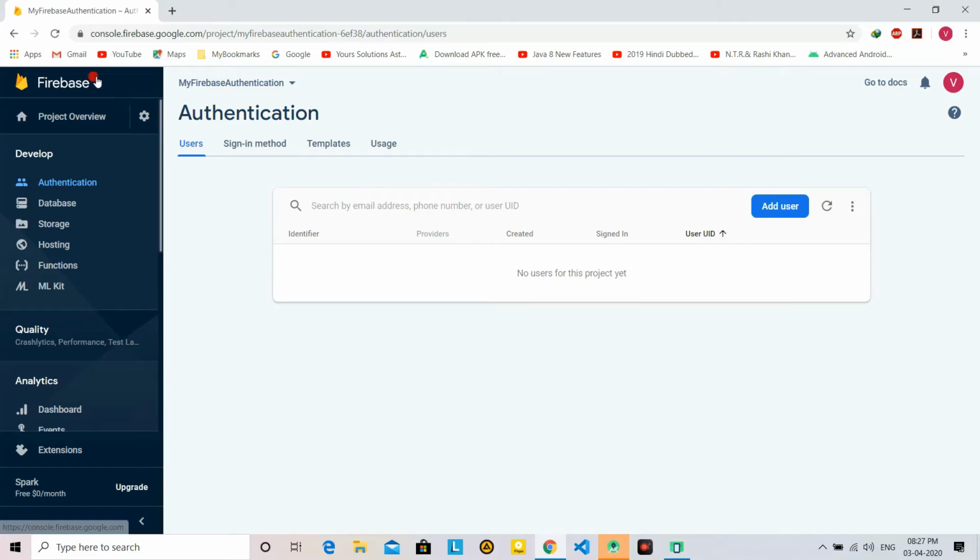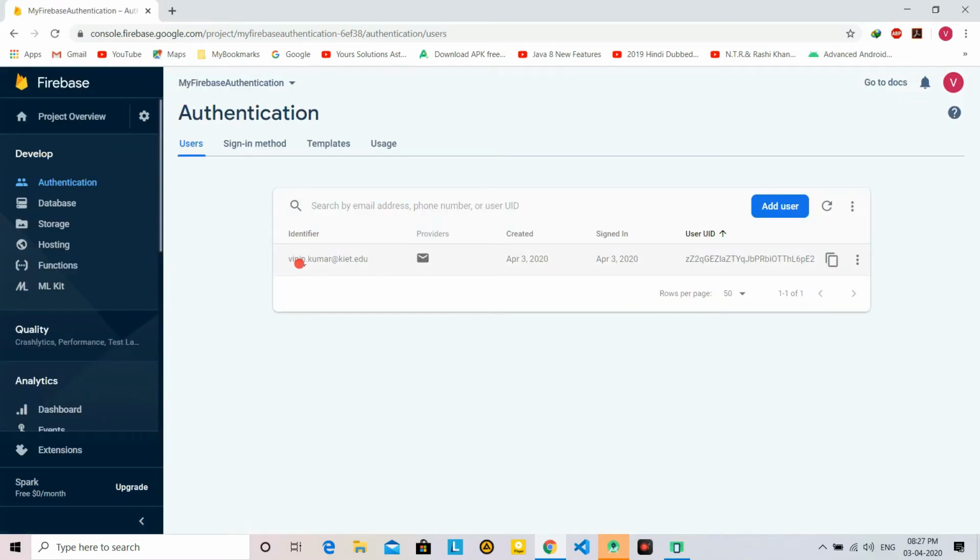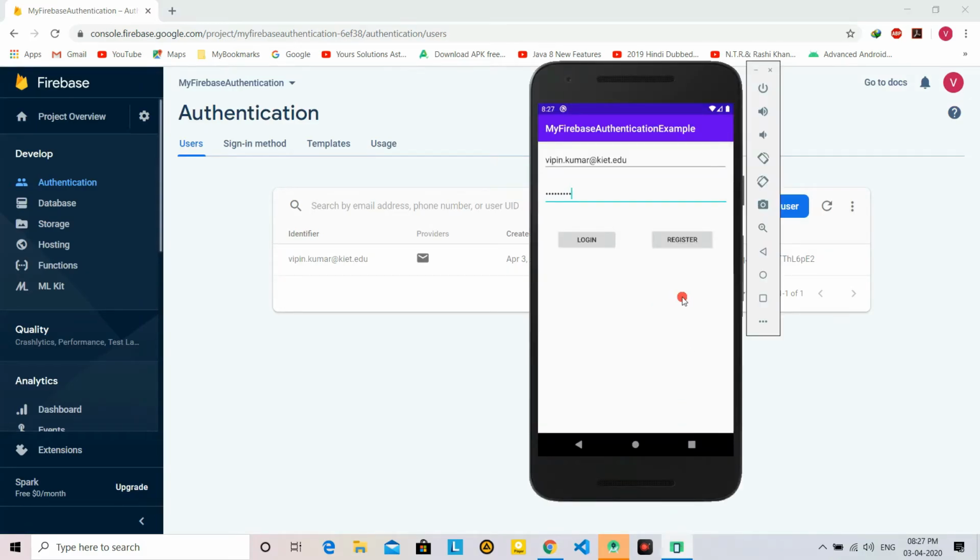If I refresh it here, I will see vipin.kumar, and this ID has been registered successfully. Okay, now login is not enabled so far, so we will do login in the next section, and registration is done because we have registered.